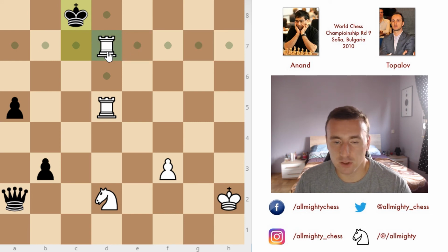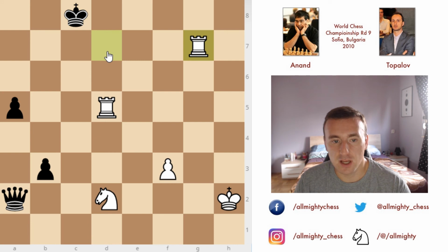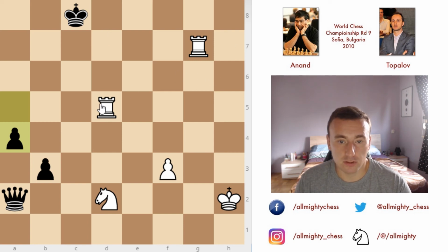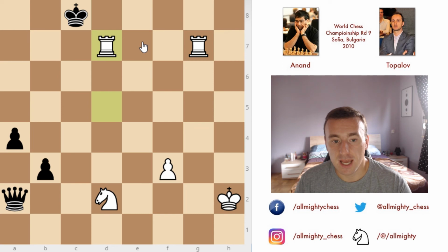But okay, not all is lost. After rook to g7, we saw a4, and actually, once again, in this position, he was given an opportunity to go and win the game. He could have done it with rook from d to d7, and now, as you can see, the doubled rooks